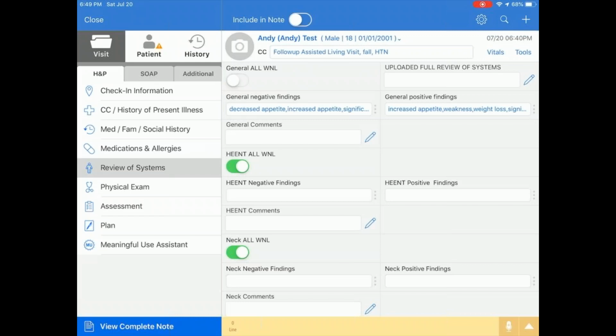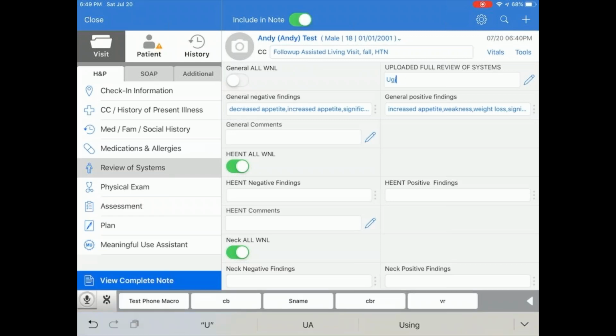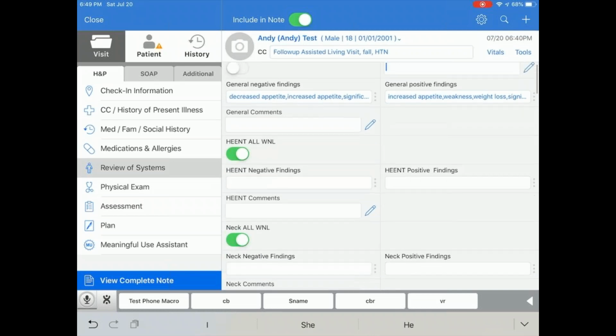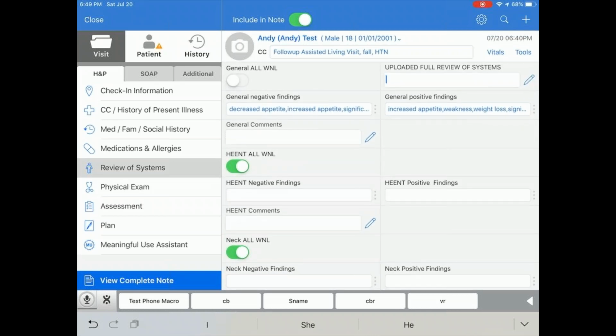Review of systems are the same way. If it's uploaded, it'll be in this box here and you could leave it as it is. But if you feel you want to delete that, you can, and then put in all the review of systems. Now it's very important on review of systems that you follow a certain protocol. If you click the button, it means that everything is normal. Everything is normal. And if you click the button here, you should not use negative and positive findings, because if you do that and you view the note, you'll see that